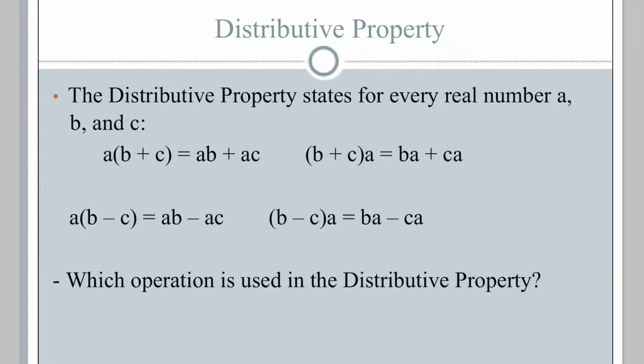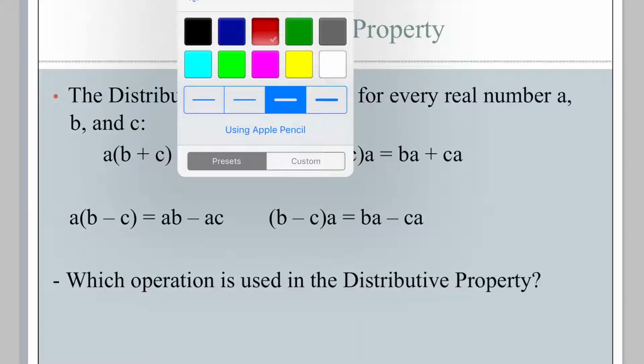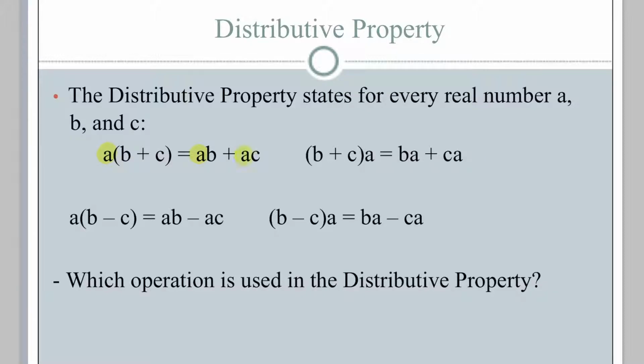The distributive property. This is a very important property that we use when solving equations and simplifying expressions. What it states is that for every real number, A, B, and C, so we have A, we have B, and we have C, which are acting as variables at the moment, then if you have A multiplied by B plus C in parentheses, and when I say multiplied,